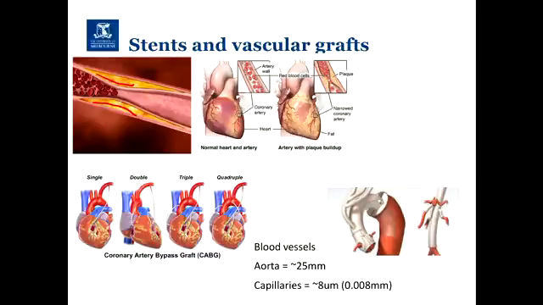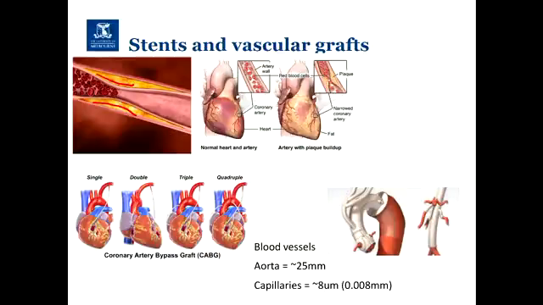Depending on where, and we'll go through which blood vessels it may come into account, and how much the size of blood vessels vary. If it's one of your bigger arteries or bigger veins, you could probably have a metal stent put in. What happens if it's one of the smaller blood vessels, like the blood vessels that go around your heart? Is a stent or vascular graft appropriate? We will go through that.